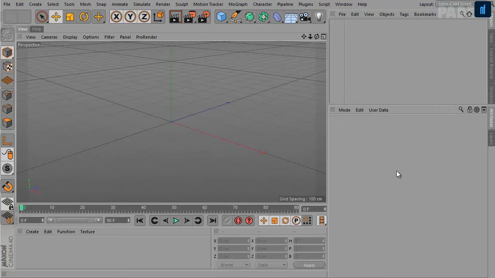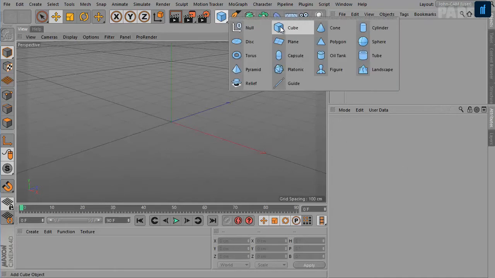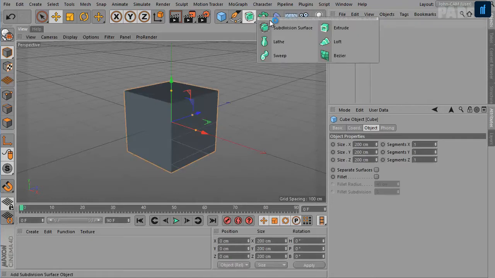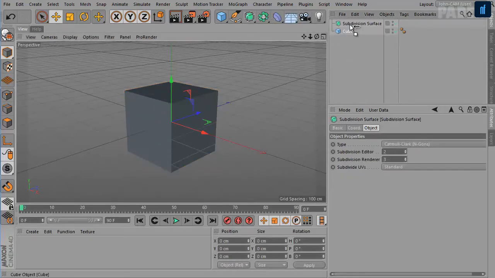In this lesson we're going to take a look at the subdivision surface tool. This tool is one of the most powerful modeling tools offered by Cinema 4D to a digital artist. You can create almost any shape using the point weighting and edge weighting. This tool uses an algorithm to subdivide and round the objects. You can use any kind of object with this tool. However, most of the times you will work with polygons. So I'll go ahead and create a simple cube, and then I'll add a subdivision surface modifier to it.